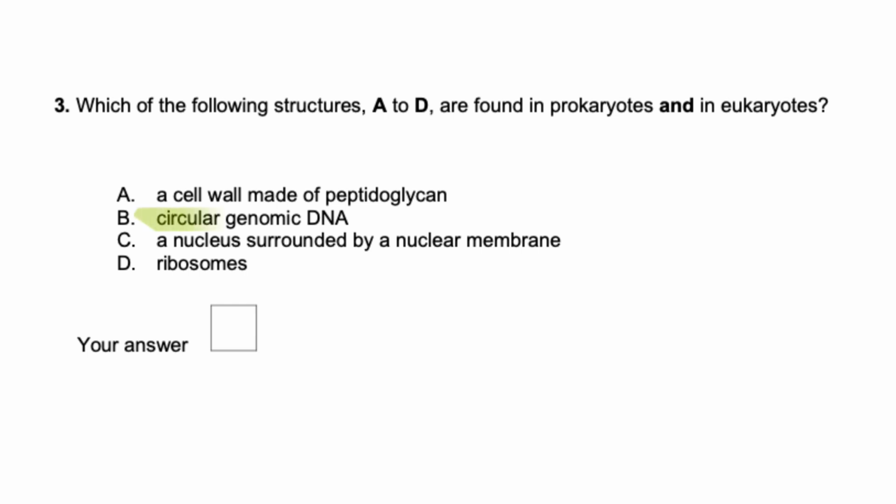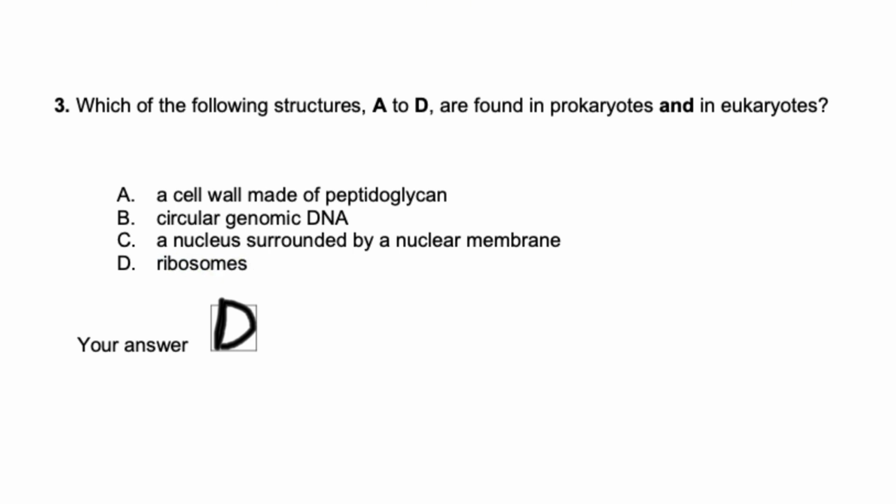B says circular genomic DNA. Circular genomic DNA, also known as plasmids, is found solely in prokaryotes and is not found in eukaryotes, so B can't be the answer. C says a nucleus surrounded by a nuclear membrane. We can already cancel this out because we know that prokaryotes don't tend to have nuclei anyway. So the answer must be D, and looking at D it says ribosomes, and we know that both prokaryotes and